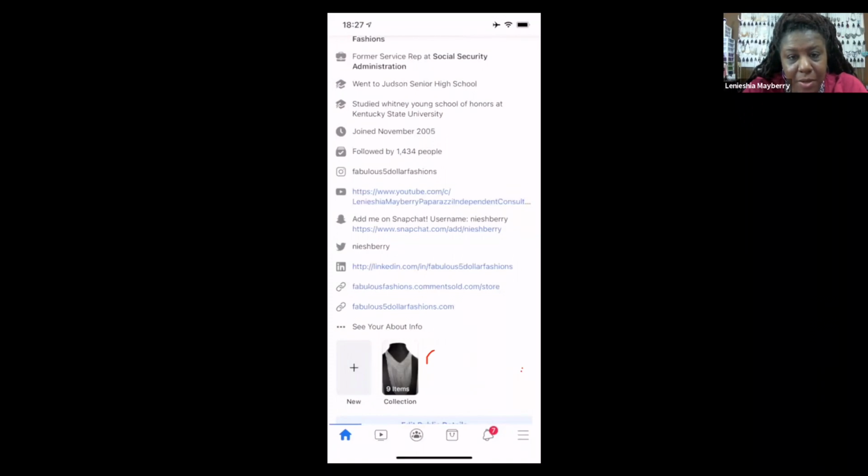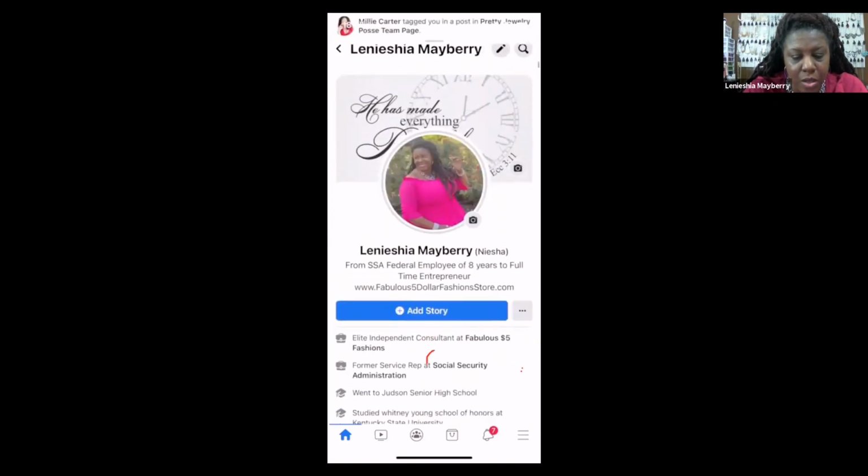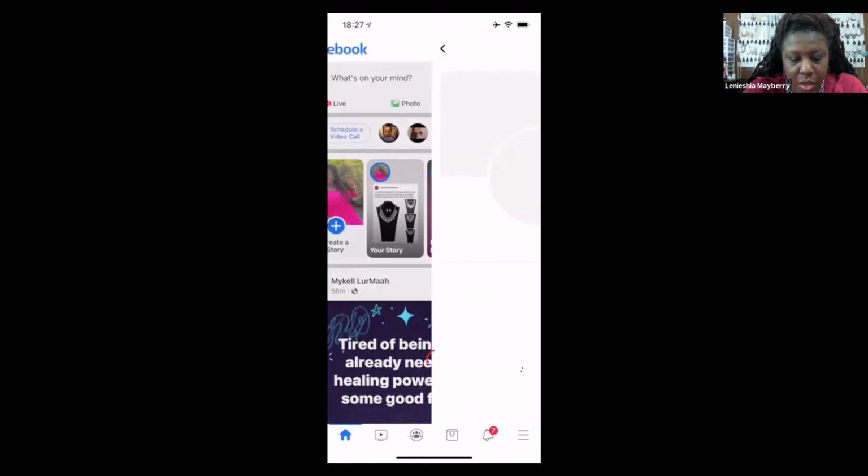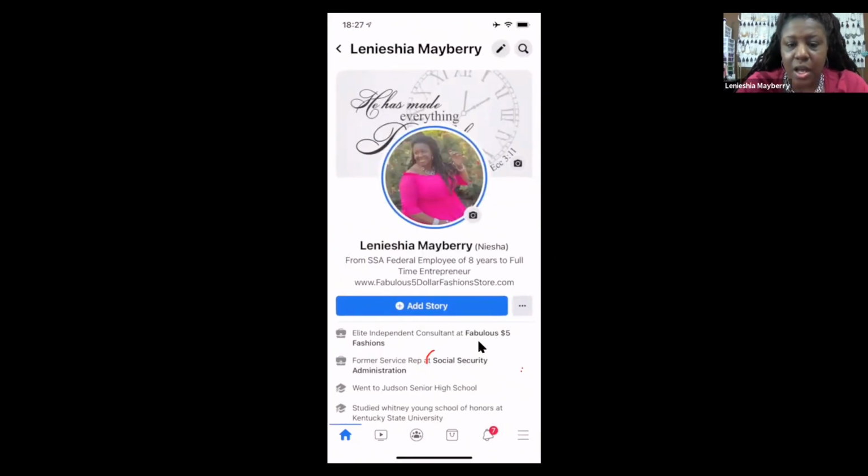Y'all see I'm tapping on it. It's not doing anything. Same thing with Snapchat here. So I'm not sure what's going on right there, but that's how you edit it. Okay? So that is the gist of that. Why is this important? It's important because